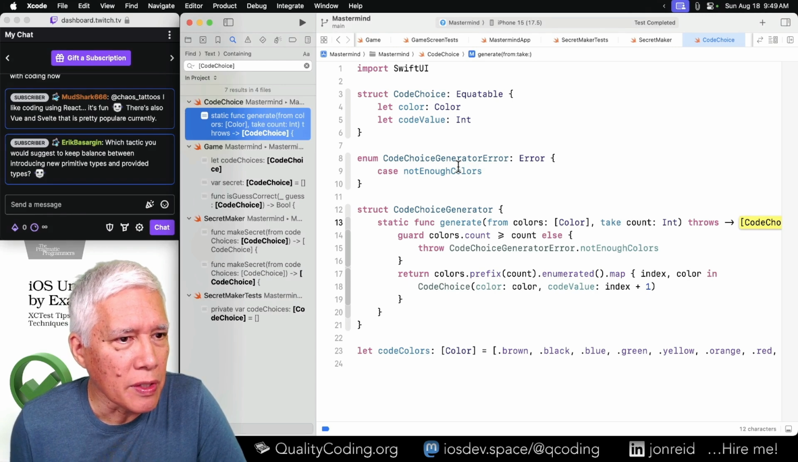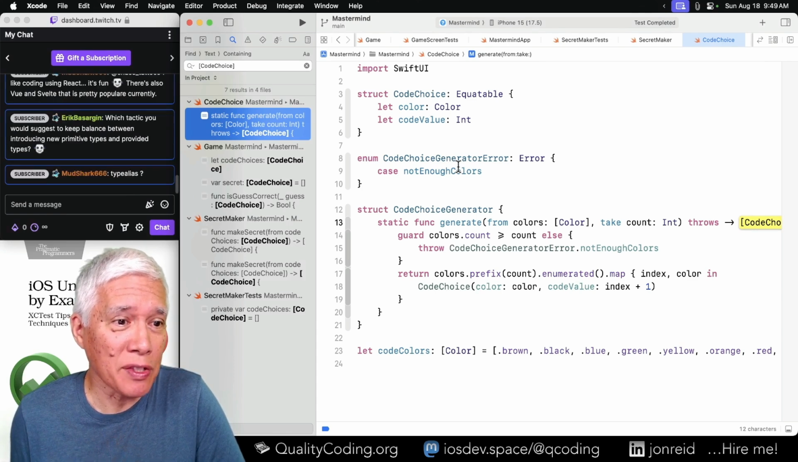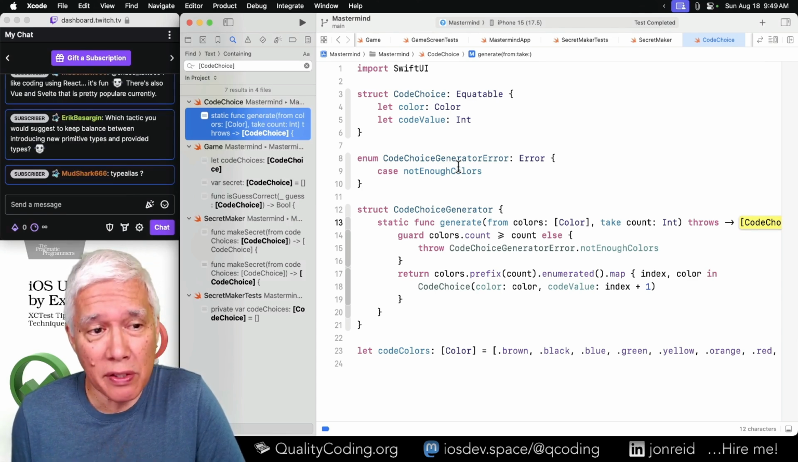Eric asks a good question. Which tactic would you suggest to keep balance between introducing new primitive types and provided types? I mean, basically, I would say go for your domain as soon as possible. Type alias is not a bad approach with Swift. I think that's a fairly cheap